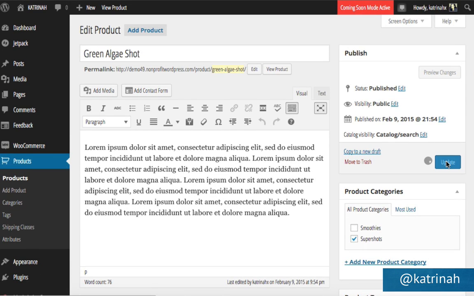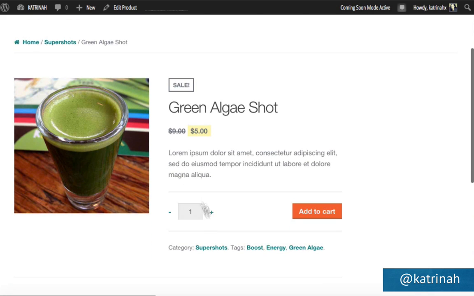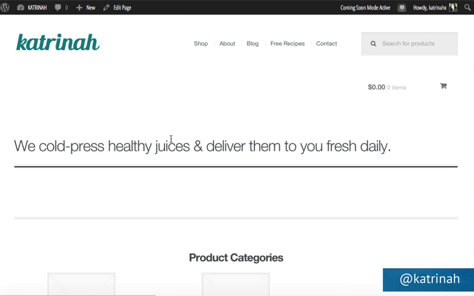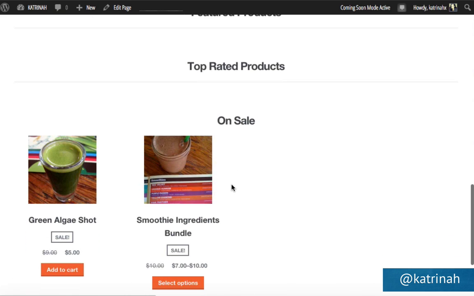Let's click on Update. And once this product has been updated, then we can check it out by clicking on View Product. Okay, that looks so much better. There it is right there. Now we do once again need to adjust the size of the image, but going back to the home page by clicking on the site title right here. Now when we scroll down, at least we have two images within the recent products section right here. And when we scroll down even further, here we also see these two different products on sale.